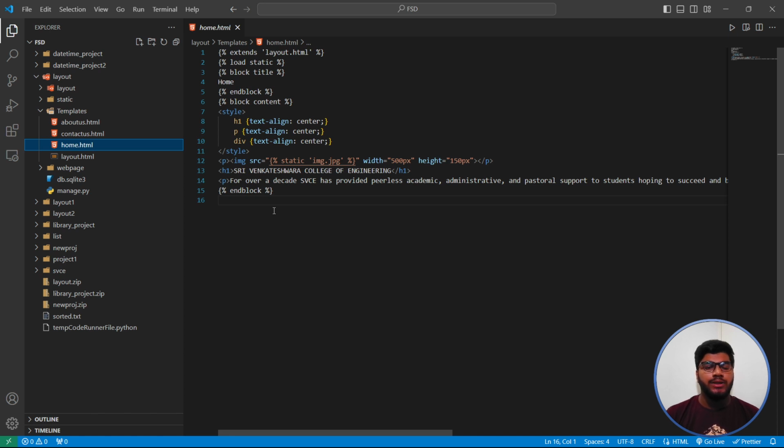First, to implement the child templates, we have to extend the base template. Here the base template is the layout.html. So we have extended the layout.html, and then we have to implement the title. So we have used the block title and end block title. Within the block title and the end block, we have implemented the home as the title, and